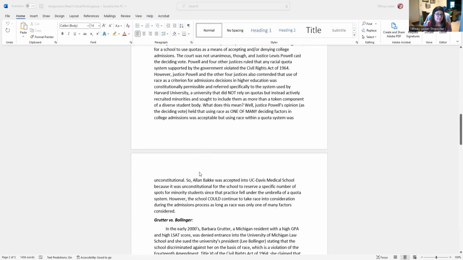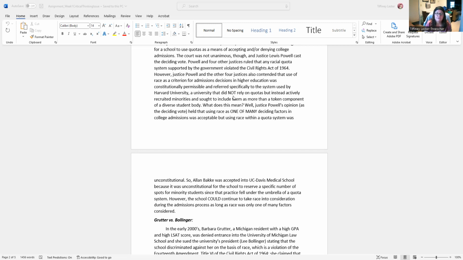So Bakke won his case. He was admitted to UC Davis Medical School, but his case became sort of the earmark against which all other discrimination cases for college admissions were held up. If it's a quota system, clearly it is a violation of constitutional rights, a violation of the Civil Rights Act. But if the school is using race as just one factor, then that's permissible because we want diversity.